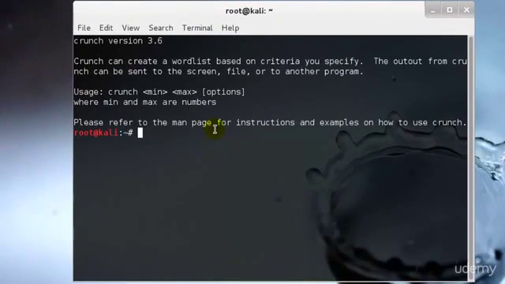The minimum is the minimum password length, maximum is the maximum password length, and character set is the character set to be used in generating the passwords. -t is the pattern, that is the specified pattern of the generated passwords. So let's say, for example, if you knew that your target's birthday was 0728, that's July 28, and you suspected that they used their birthday in their password, that's something people often use. So you could generate a password list that ended with 0728 by giving Crunch a pattern such as, let's say, for example,